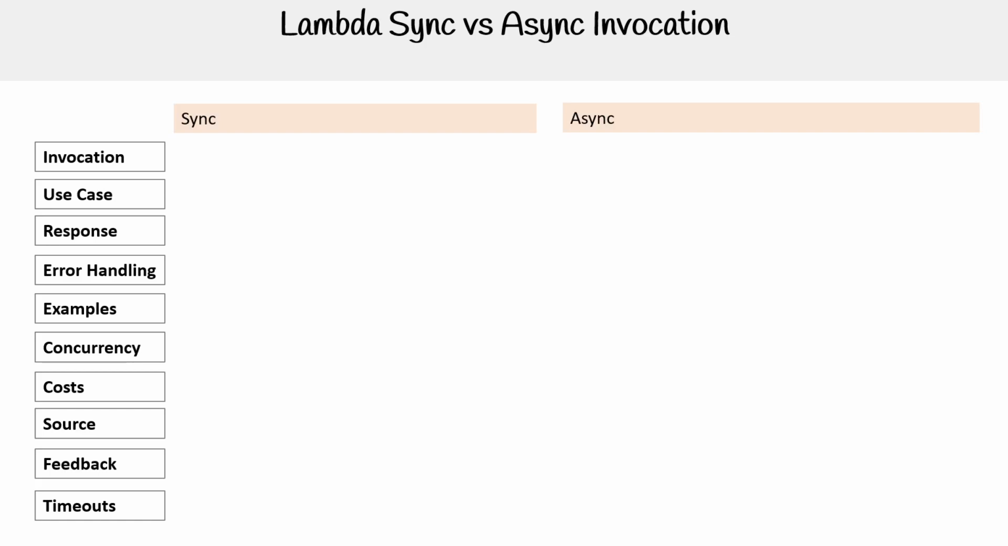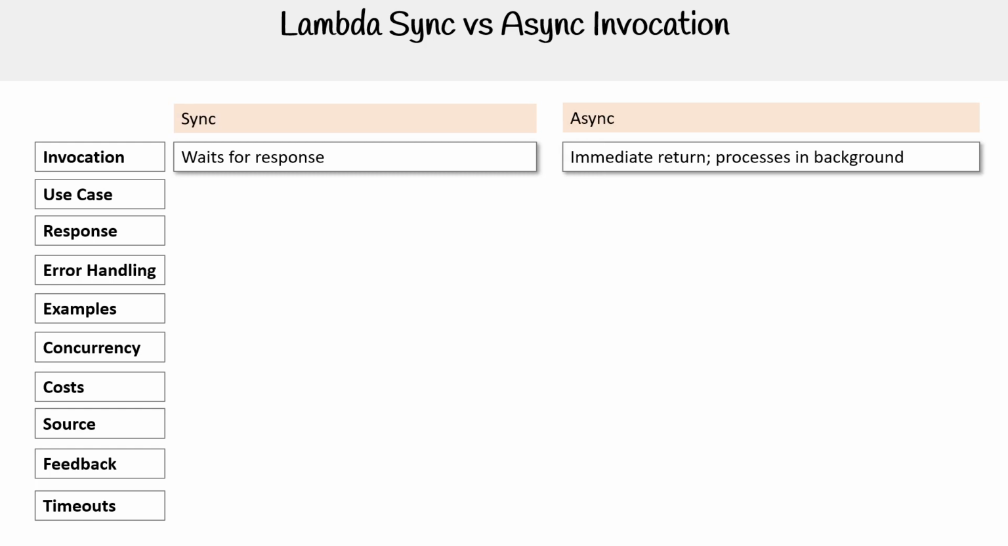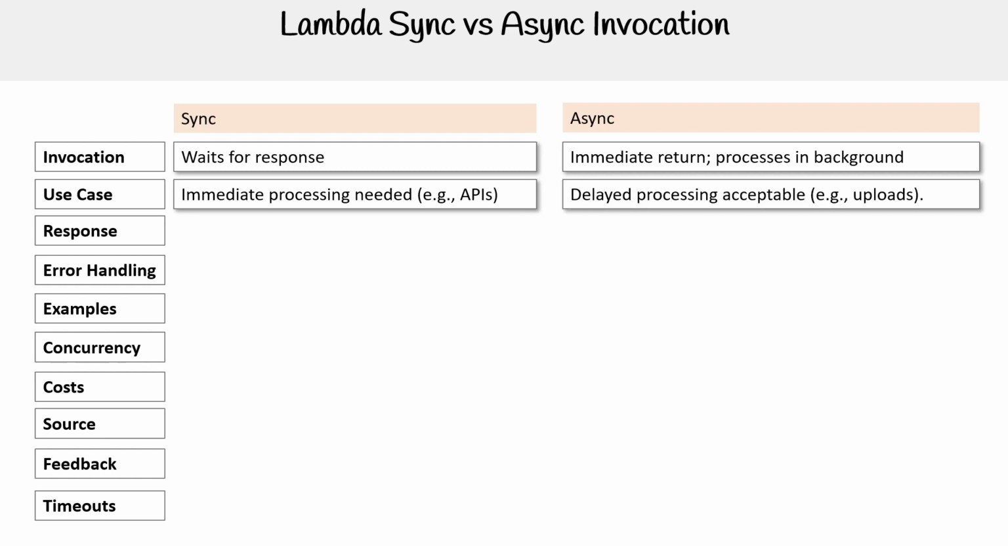All right, let's compare sync versus async invocation. So for sync, you wait for the response. For async, the response is immediately returned because things are going to be processed in the background. For sync, you have immediate processing needed, so when you need the response returned right away, like APIs. For async, we have delayed processing, such as when